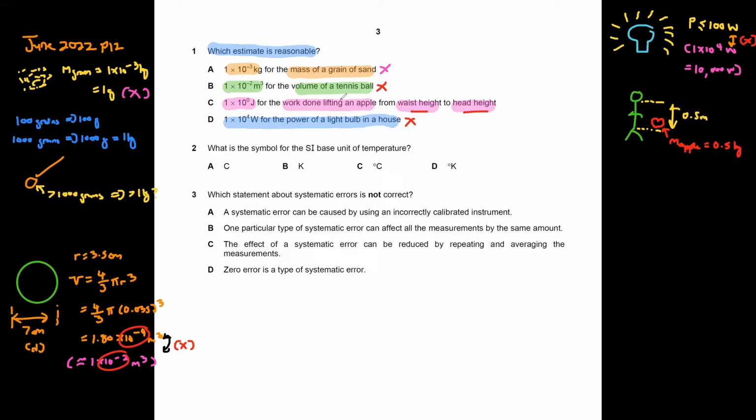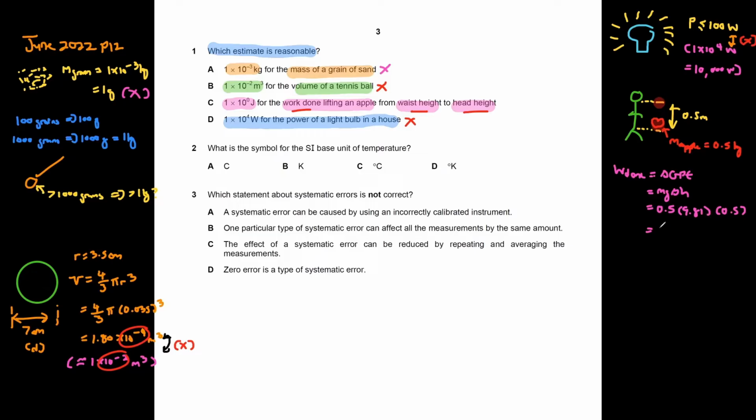So what is the amount of work that will be done in order to lift this apple from your waist to your head level? So the work done here can be calculated from this. The work done can be assumed to be equal to the change in your GPE, which in turn is equal to mg delta h. So if you sub in the values now, you get 0.5 times 9.81 times 0.5. You will get a value of, say,